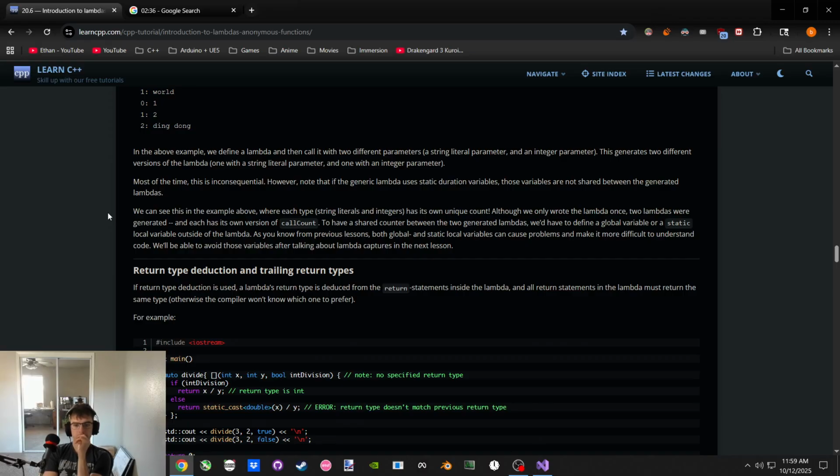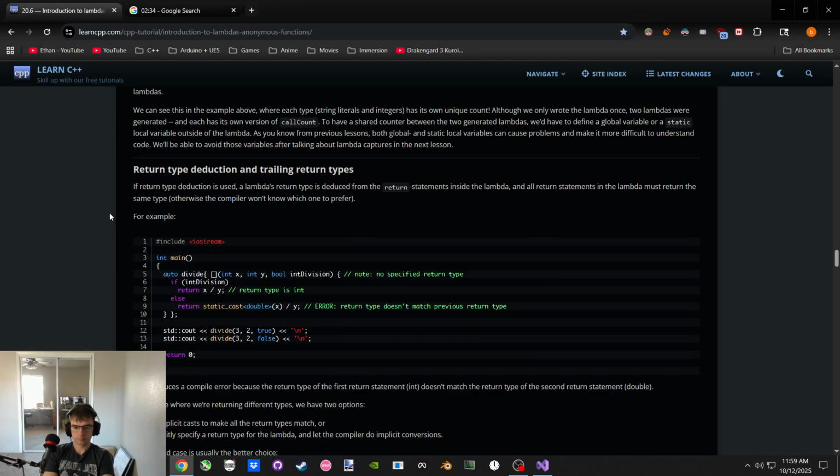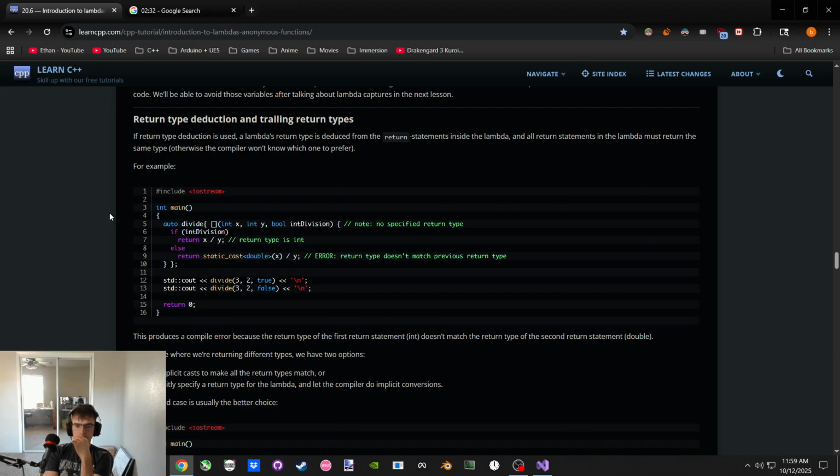For example, divide: we pass in this and that, whether we're doing int division or floating point division. If we say true, we get 3 divided by 2, we get 1. But if we do false to get float division, cast it to a double, we get 1.5.